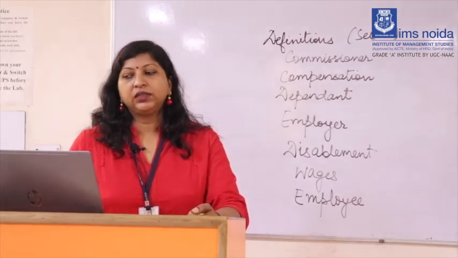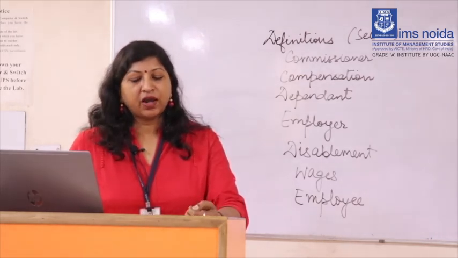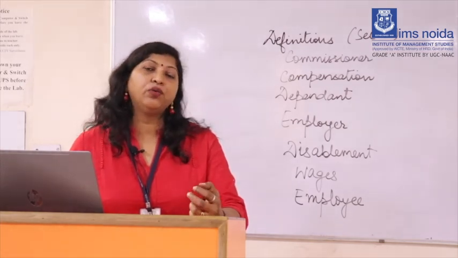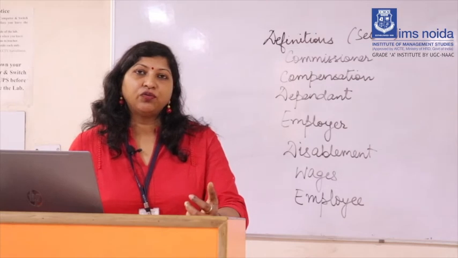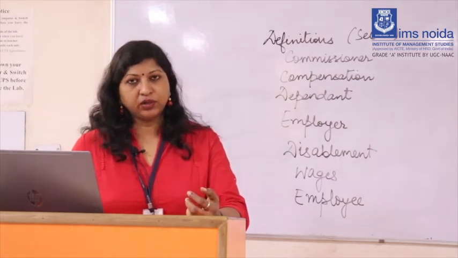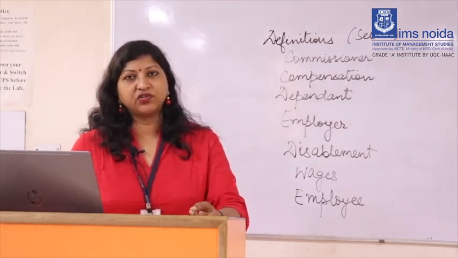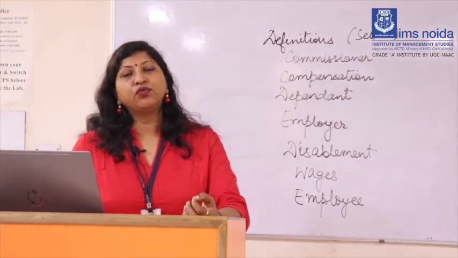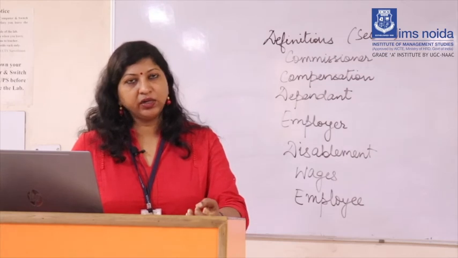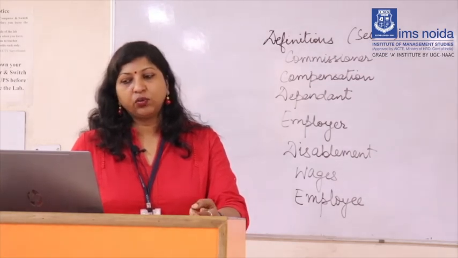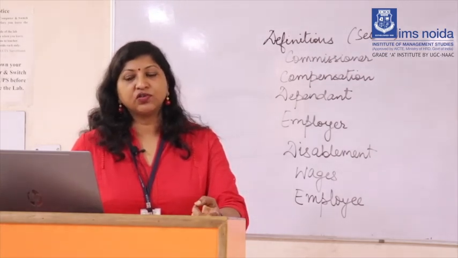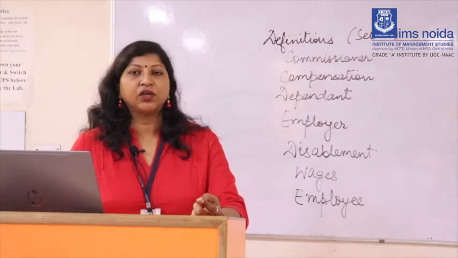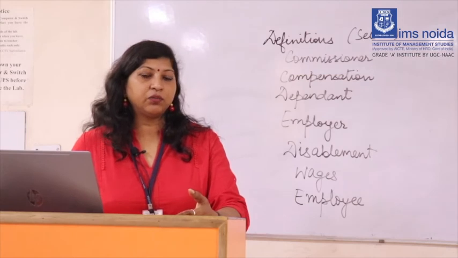Then the important factors which are covered under this act, under section 4, is the amount of compensation. So amount of compensation is really important. So in case of partial disablement or total disablement, what would be the amount of compensation that would be paid to the employee? So firstly, it would depend on the nature of injury which is caused to the employee, and secondly, it would depend on the monthly wages of the employee that was last drawn by the employee.